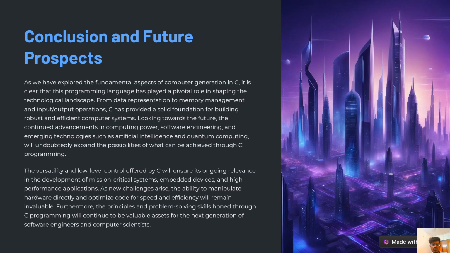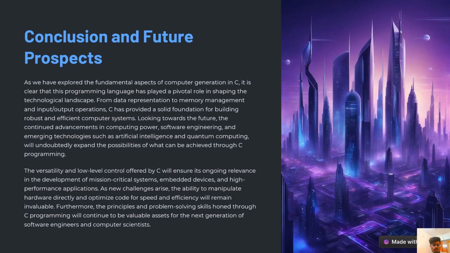computer systems. Looking towards the future, the continued advancement in computing power, software engineering, and emerging technologies such as artificial intelligence and quantum computing will undoubtedly expand the possibilities of what we can achieve through C programming. The versatility and low-level control offered by C will ensure its ongoing relevance in the development of mission-critical systems, embedded devices, and high-performance applications. As new challenges arise, the ability to manipulate hardware directly and optimize code for speed and